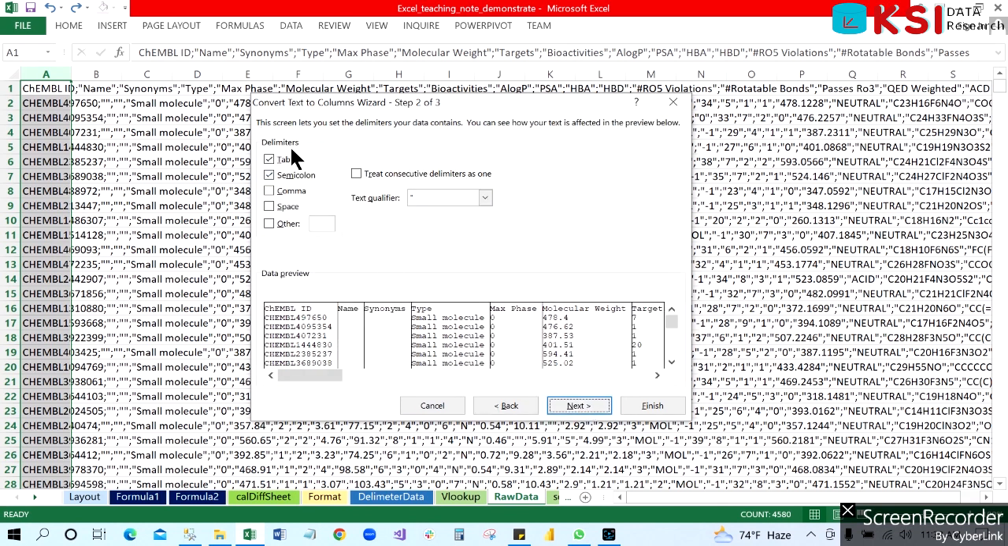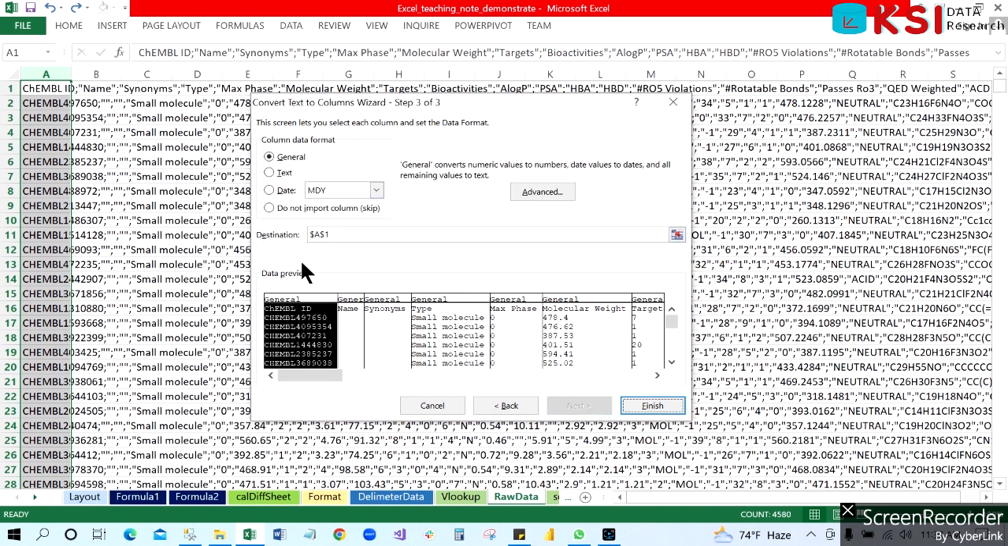Now you can see different types of delimiters like tab, semicolon, comma, space, and others, but we are going to use the semicolon because we have semicolon-separated data right now, so we will select the semicolon. Okay, so go Next. Now it says destination. You can use a separate page for that, but we are going to do it on top of here, so that's why it is A1, and it is just General. So go to